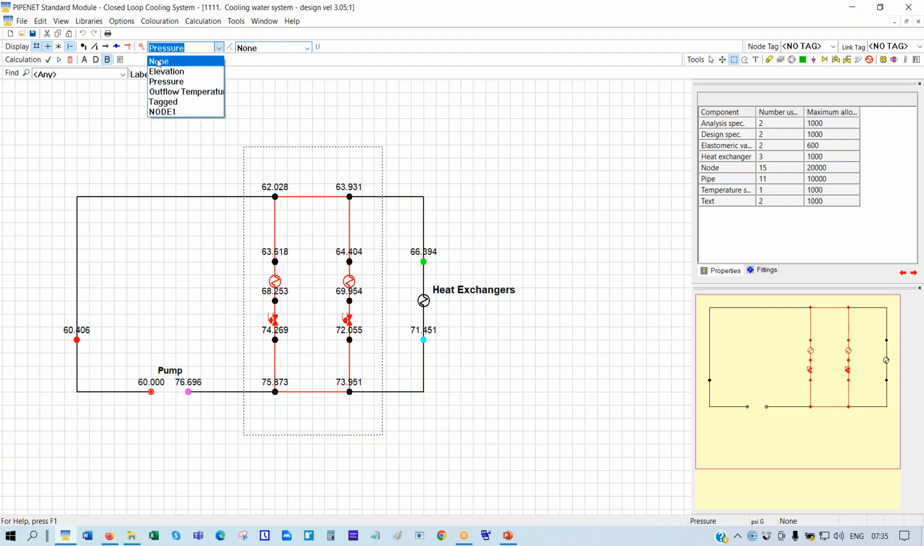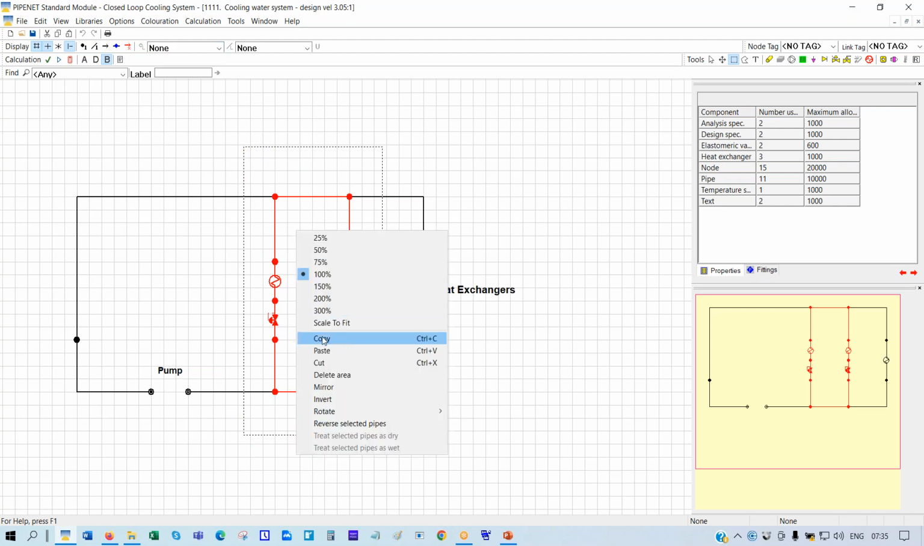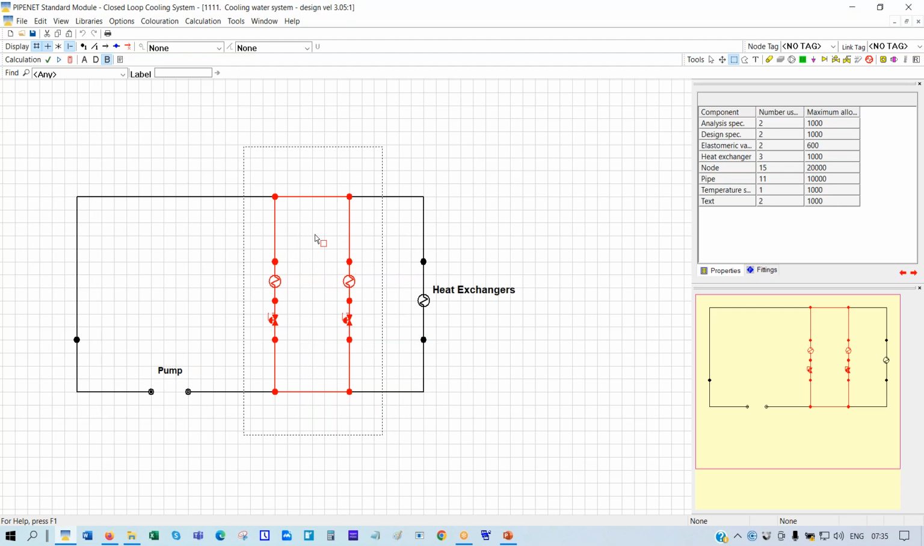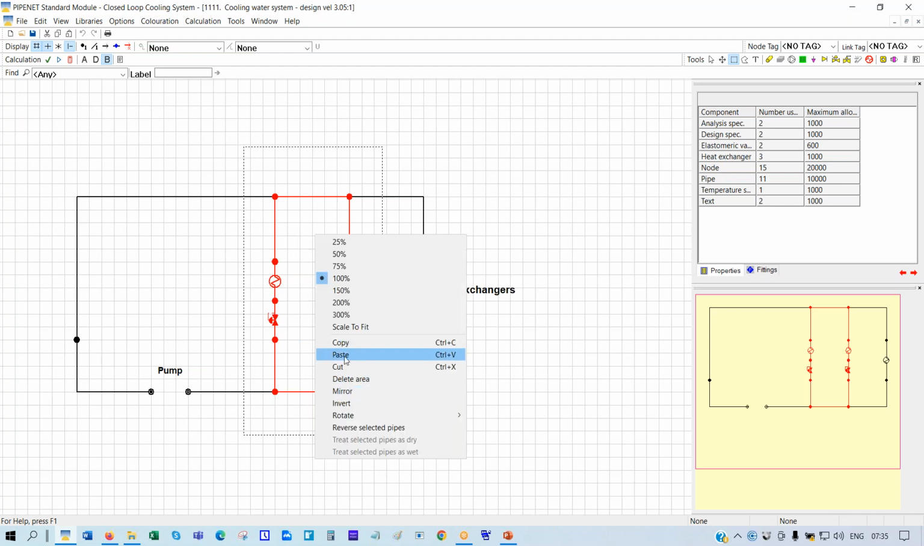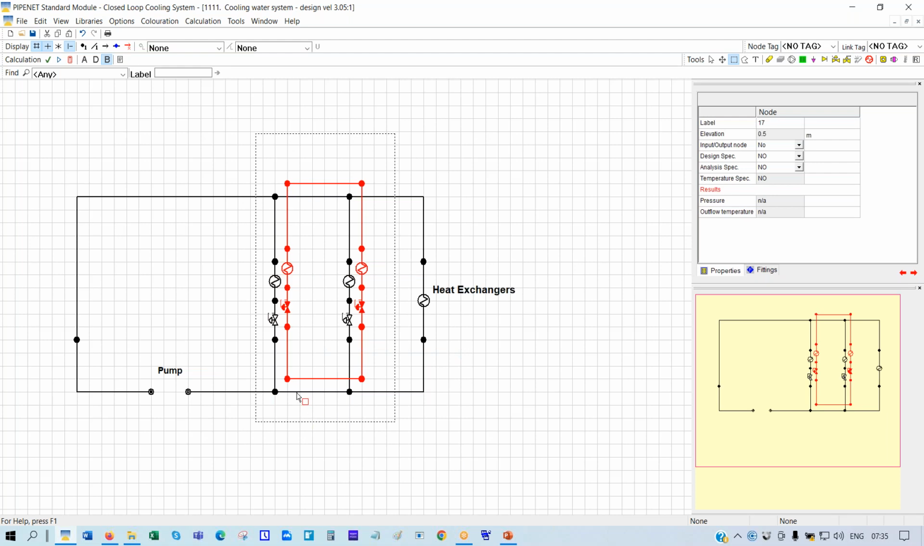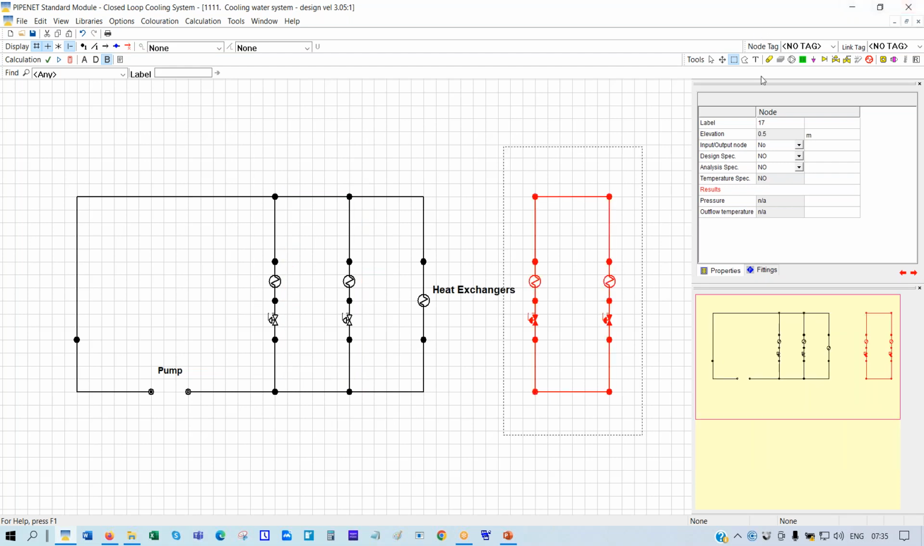Let me just unselect them. So the area that I've selected is in red. So it selects the items which are completely within the area tool. Then I can right click, copy, right click, and paste. So it's produced another copy of that. It's convenient to pick a node so that you can more easily position. I can move it. Then I can pick up